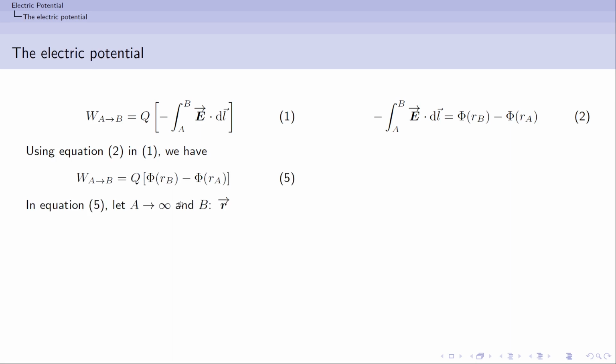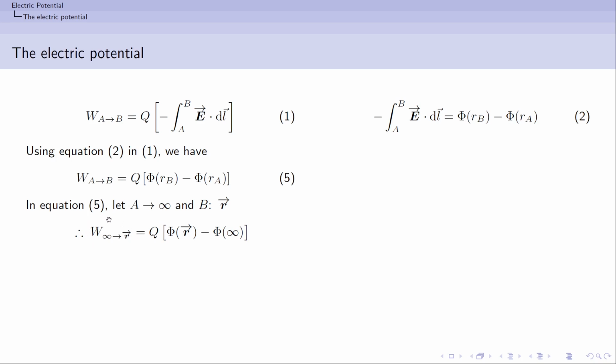So in equation number 5, you see these A and B are arbitrary points, so I could just choose them to be anywhere. So I could choose the point A to be at the origin, and point B to be at the point of interest, whose position is R. So in that case, this is going to change like this. So how do we read this? We read this as work done in moving a test charge from A to B. So this A we replace with infinity and B we replace with R.